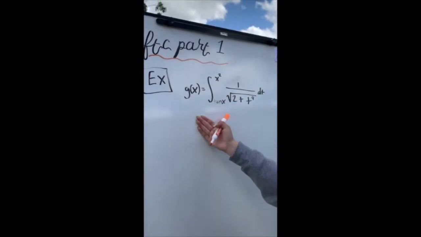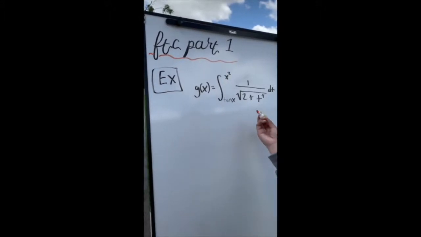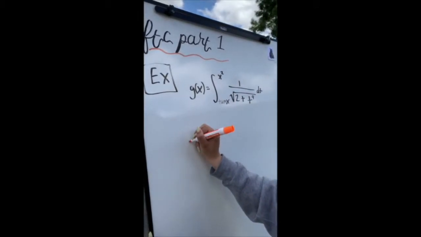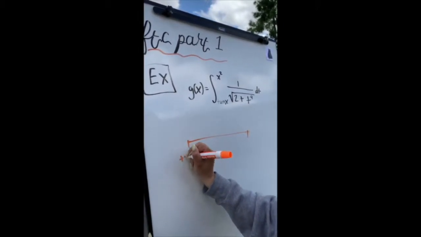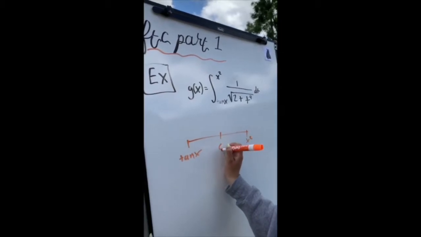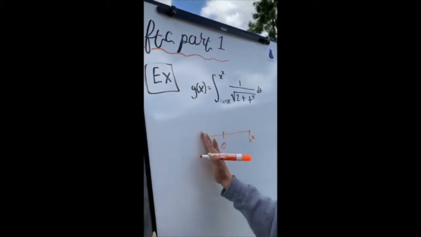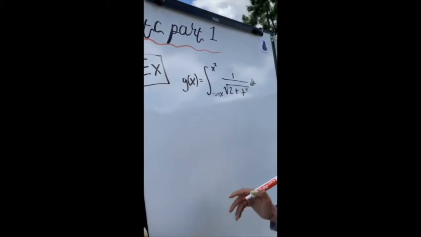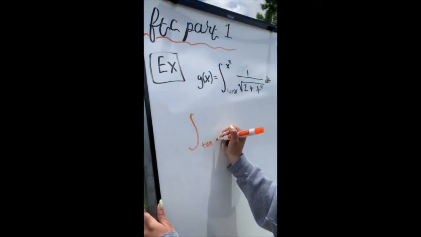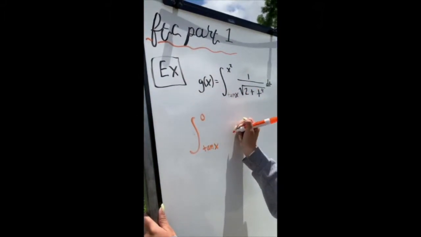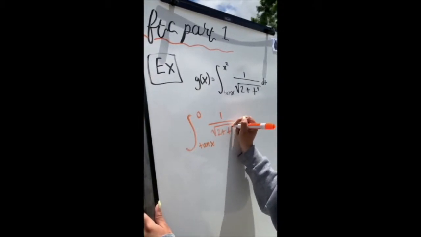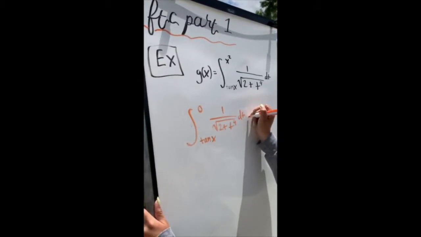Okay, so let's actually do an actual problem, the one right here. You could pause the video anytime, just copy it down and follow along. So the first thing we're going to do is like how we did for the other part. We're going to split this up because, like I said before, in between tangent x and x squared, there has to be some point, and usually that point is 0. And let's start that first. So it's going to start at tangent x to 0, and then you add the equation, 2 plus t to the 4th dt